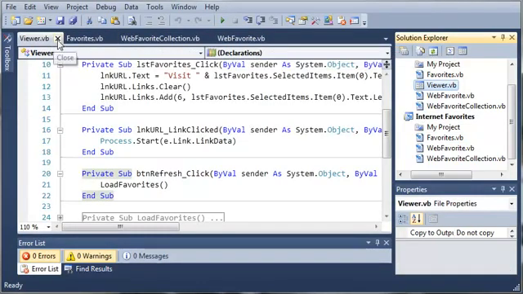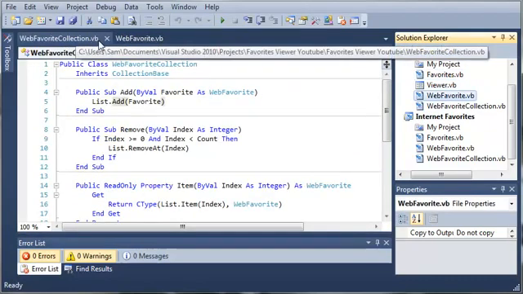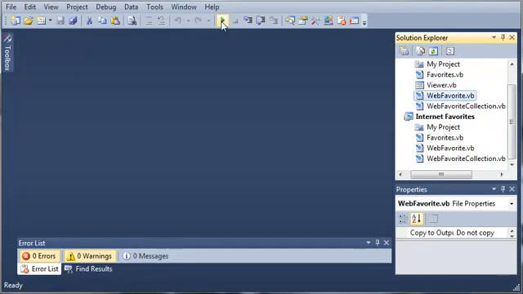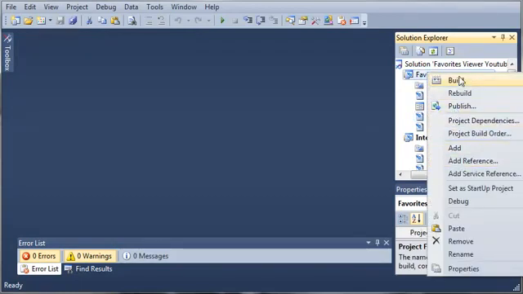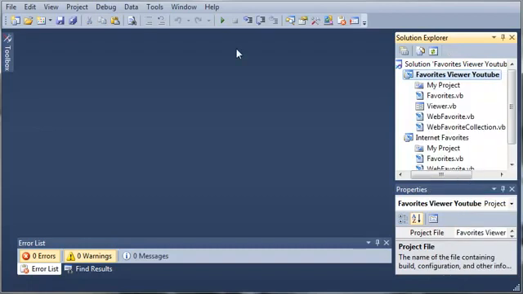in this tutorial we're going to be creating the web favorites tray application. So let's see here, we'll set the favorites viewer YouTube as our startup project, and if we go ahead and run this, you can see that it opens up